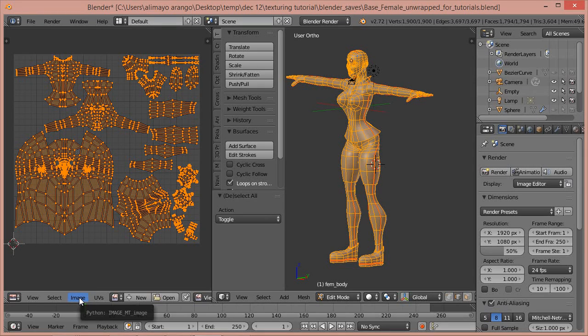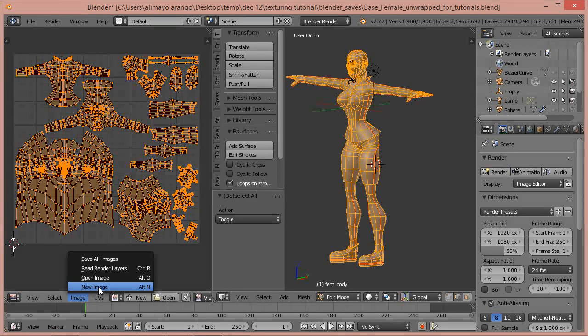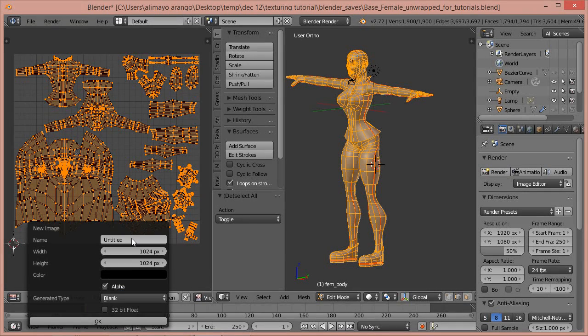One thing that you have to remember is, just like when we did the materials tutorial, if you remember, there was an original material on the model that you had to have before you could apply any other materials. This is no different. You need a canvas in order to paint on, is what ALOT calls it. So we're going to click Image and we're going to click New Image, and this is your base canvas